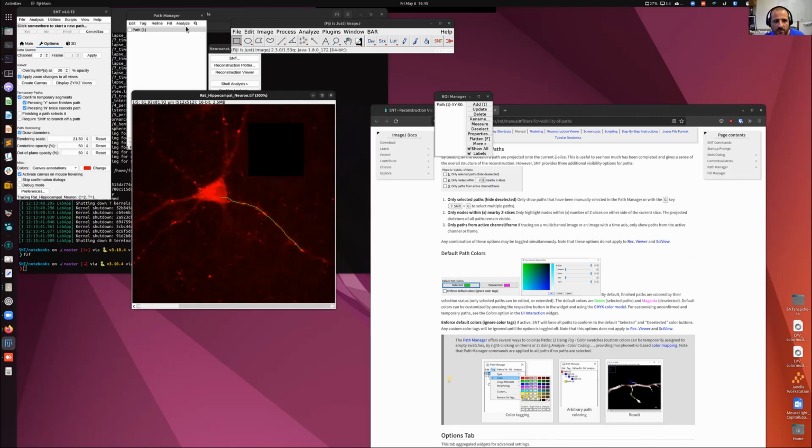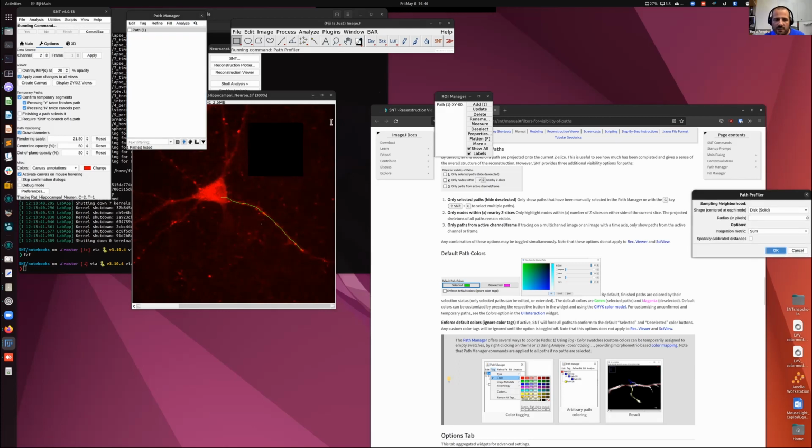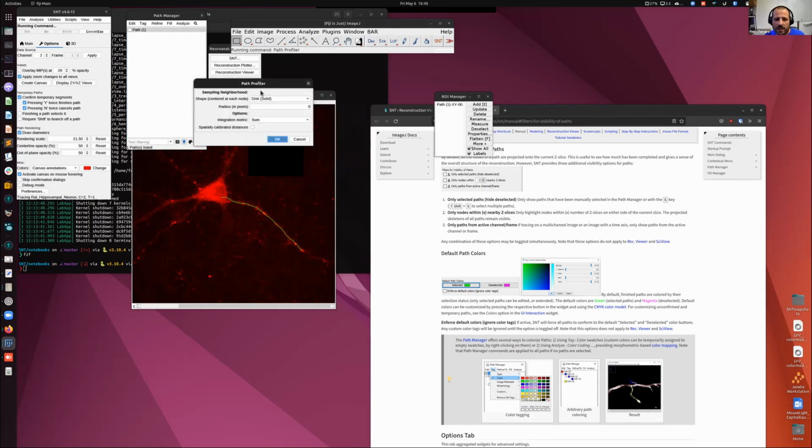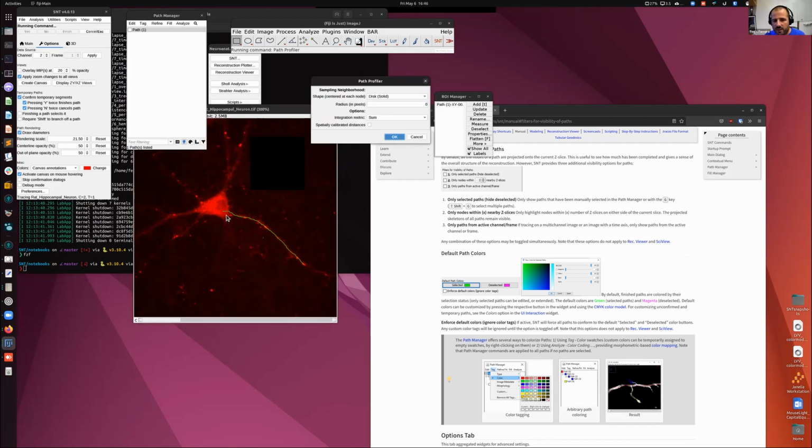Okay, so that's it. You can also do intensity profiles directly from here. So in this case, this is kind of neat. We know the center line coordinates, but you can decide a sampling shape around them. So you can say, look, I want to do a sphere around each node. I want to take a sphere of 20 pixels, and I want to look at the intensities there. Or you can decide a circle, or, depending on the image, scripting, you can find other shapes here. So let's say I want a disk of 20